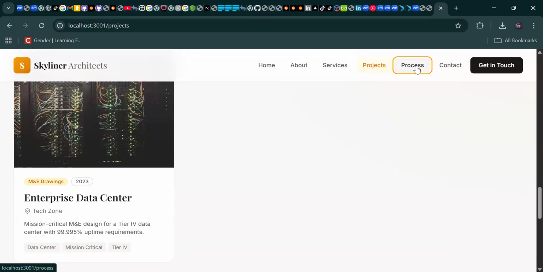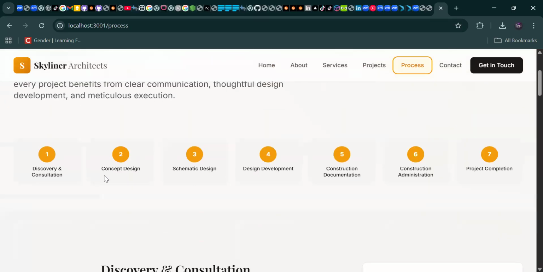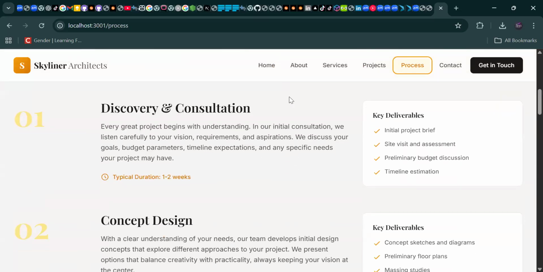Now, let us see whether Processes is going to work or not. Processes is now working. A thoughtful approach to every project. Discovery, concept. It is telling us what to do. Now it is telling us that if we're actually working with Skyliner Architects, we are going to see that it